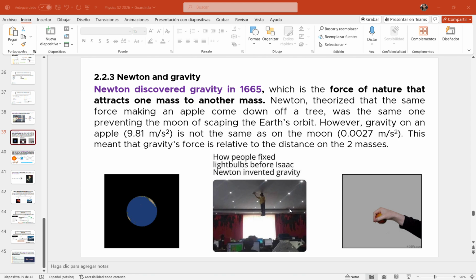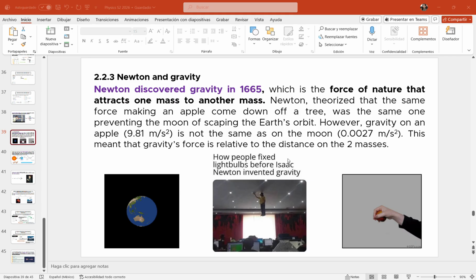Gravity is the force of nature that attracts mass to another mass. At this point, we have all been attracted to someone, and the same thing happens with objects. During class, I told you that it is not the same gravity on Earth as on the moon. I told you that maybe your weight could be lower on the moon in comparison with the weight you have on Earth. Okay,